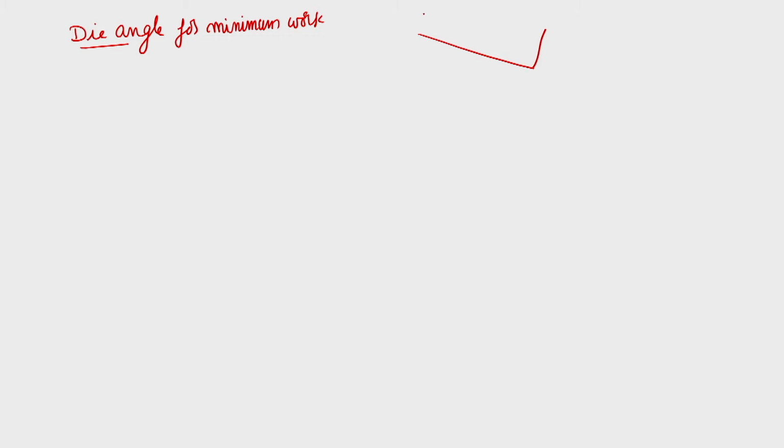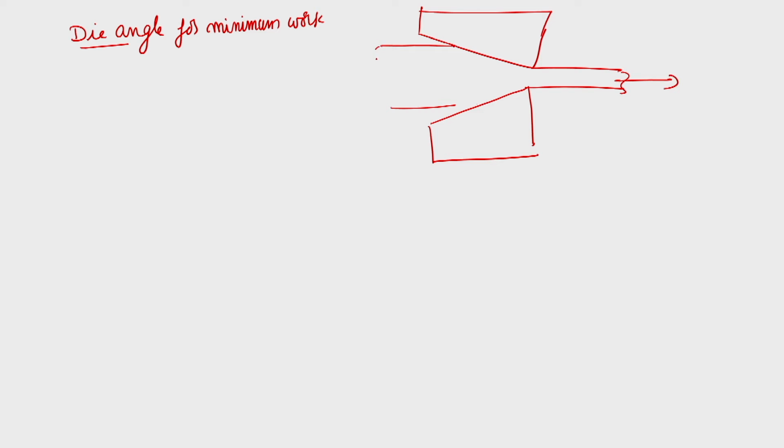But as I have drawn earlier also, if you look at the metal flow condition, it will just take a turn like this and go. So your internal shearing becomes small. So with the low die angle, the velocity discontinuity will be reduced. That means internal shearing will be reduced. That will result in less redundant work when you are using a low die angle.